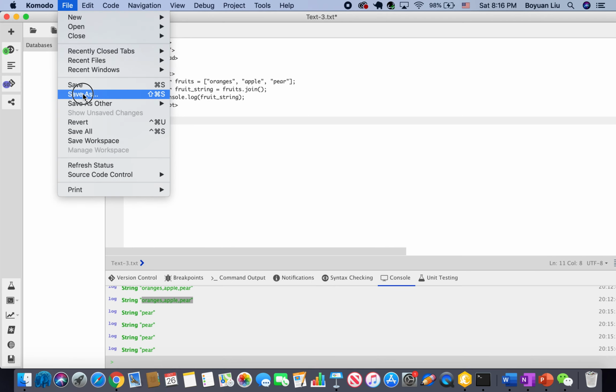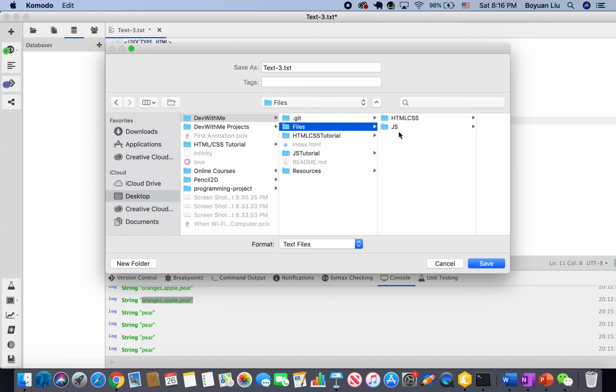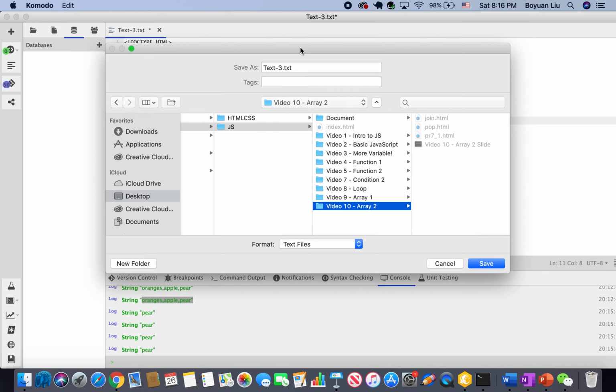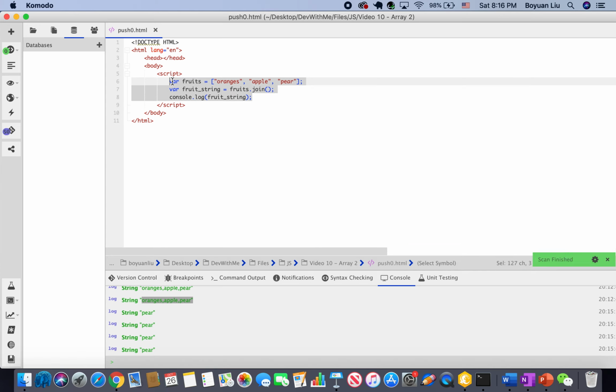File, save as. I'm gonna say push 0.html, and here's what I'm gonna do. I'm gonna delete one element from my array. And here we go. We've got our fruits equal to oranges and apple,